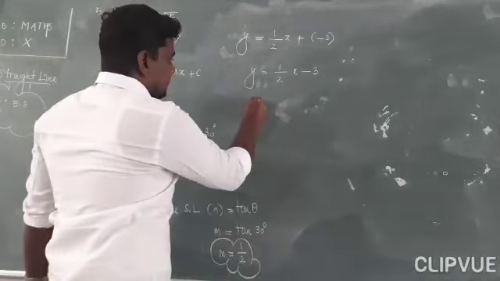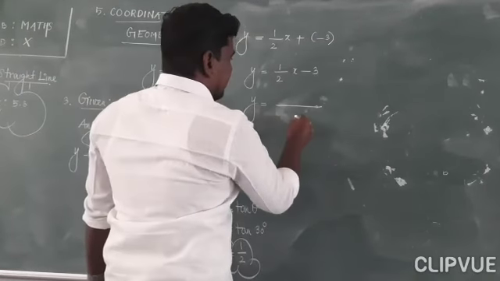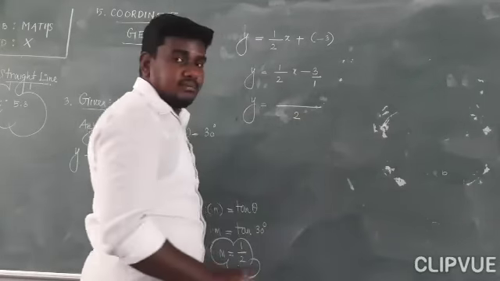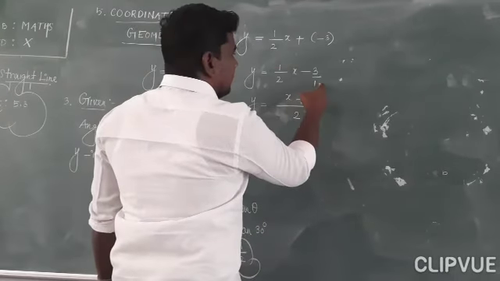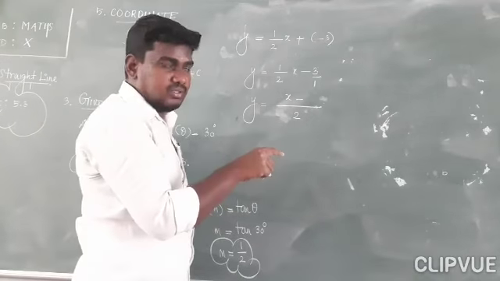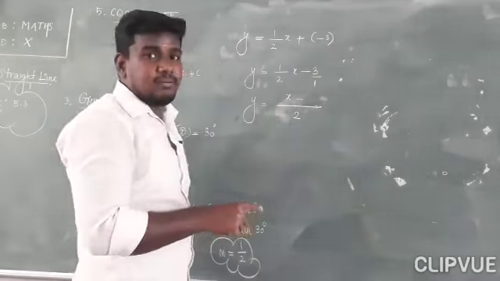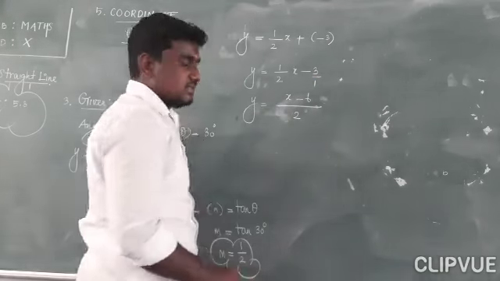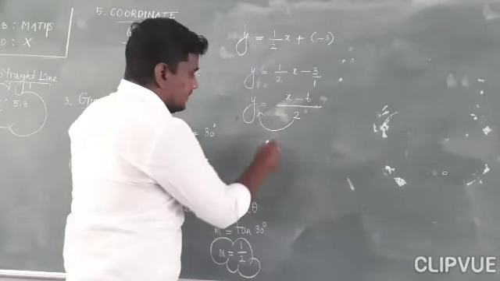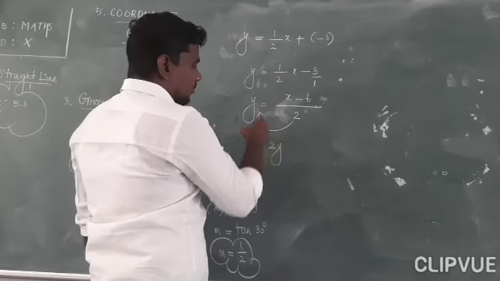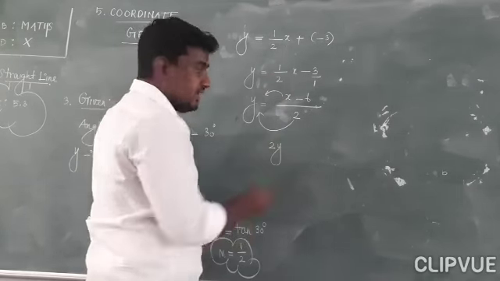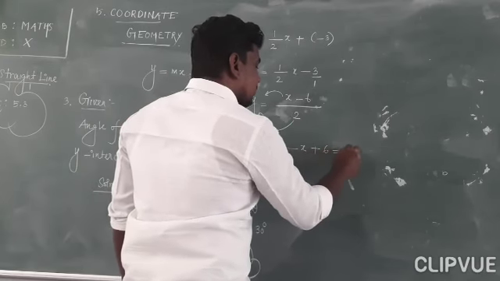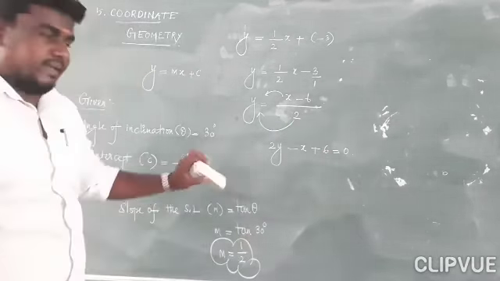Okay, so how to simplify it? Y is equal to, the denominator is 2 here and 1, so taking the LCM, 2 is the LCM. If you multiply 1 by 2, you get 2, so the numerator is also multiplied by 2. Minus, 2 into minus 3 gives minus 6. Now you can multiply it with the left hand side. So what do we get? 2y. If you take this to the left hand side, it becomes minus 6, and this becomes plus 6 is equal to 0. Is it right? Yes, it is right.